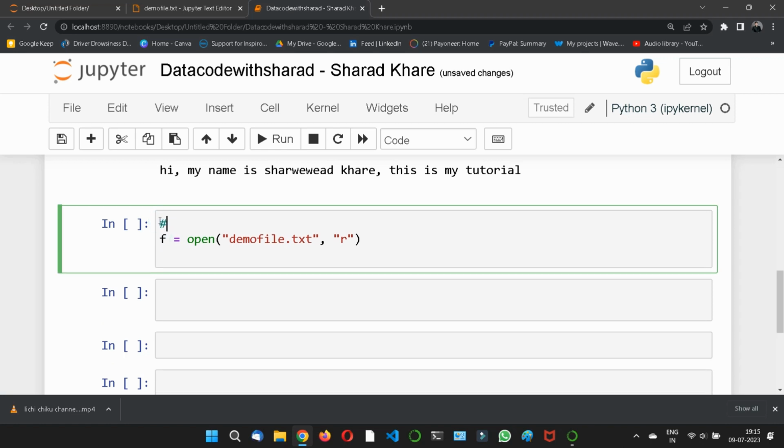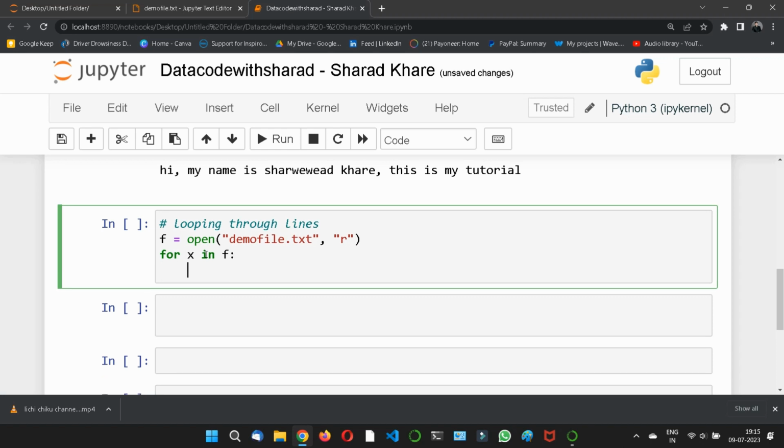Let me create a heading, looping through lines. Okay, so f = open("demo file.txt") and read, then for x in f, and what we will do, we will just print x. We have already seen this for loop concept in the previous chapters, and if I run this, then